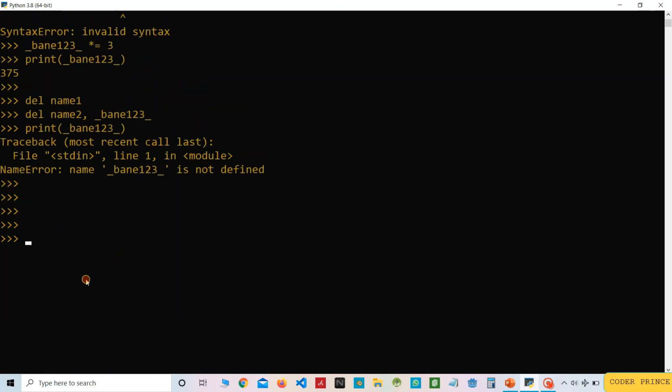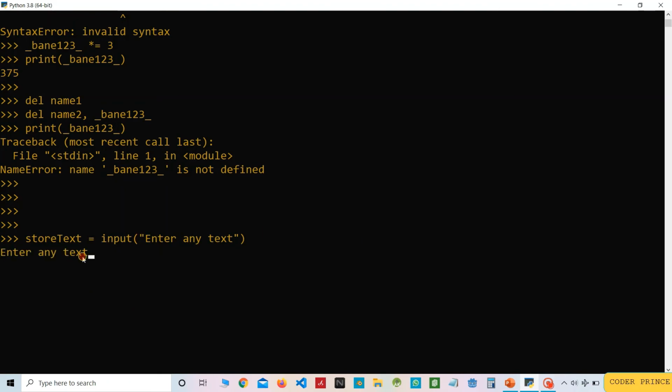Let's now see some examples of the input function. Input, and I will provide a string: Enter any text. To store the text entered by the user, I will use a variable store_text and assign it to this function.